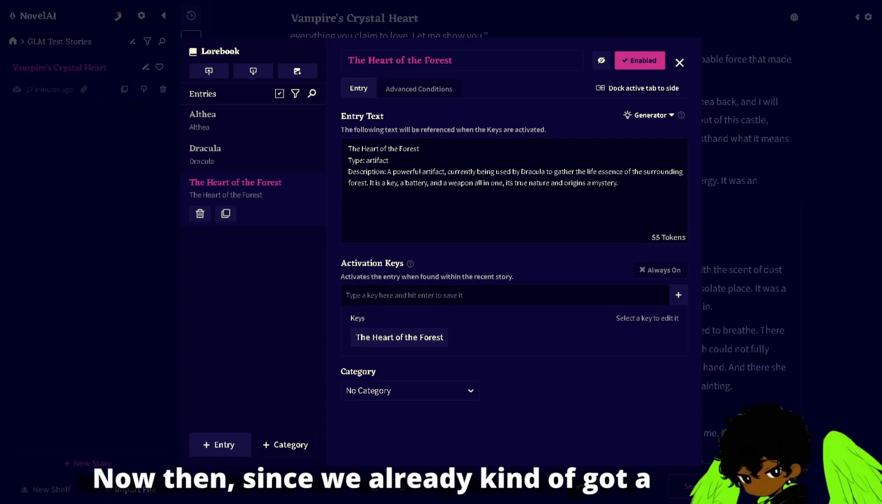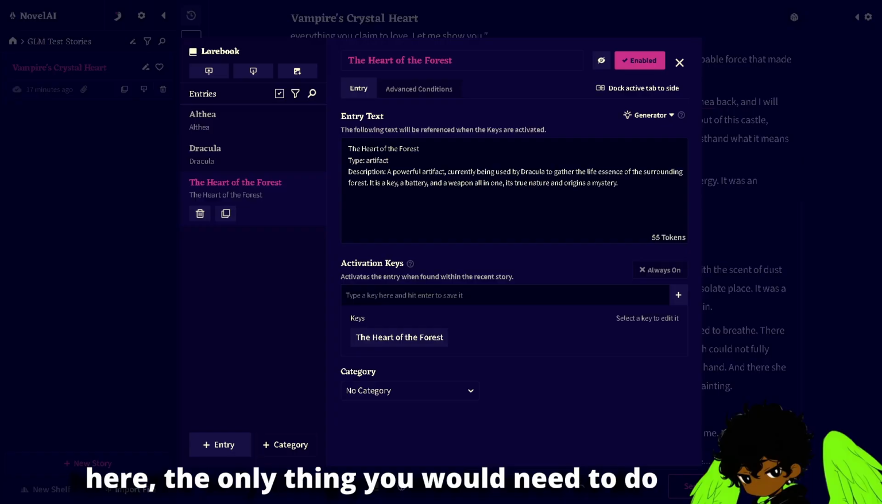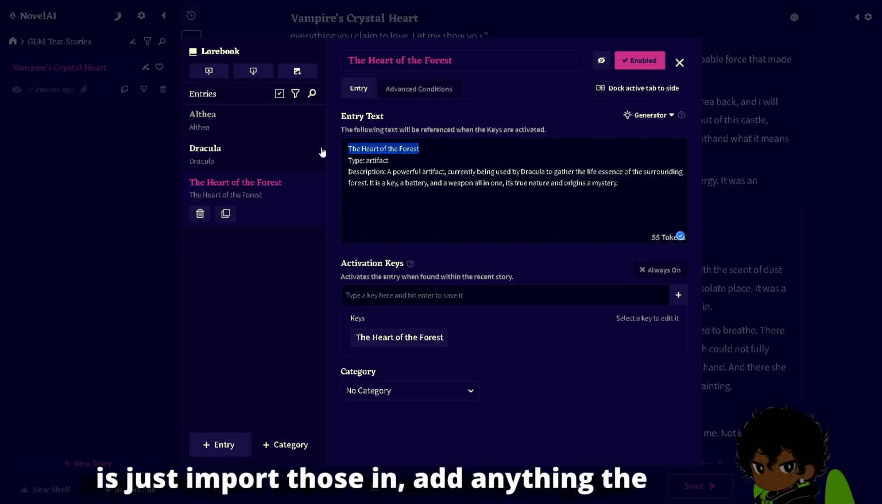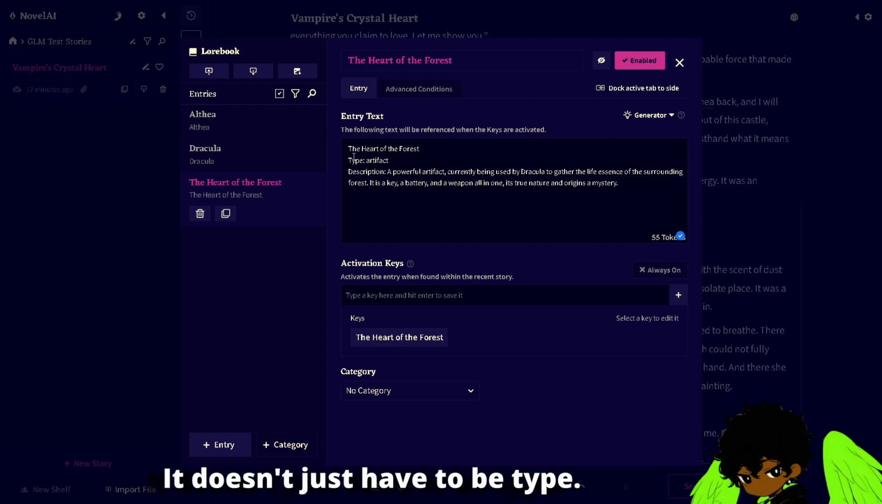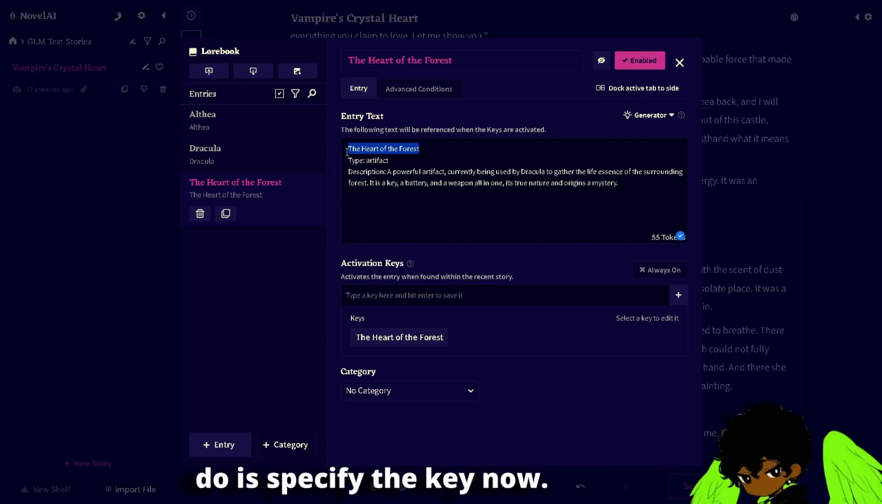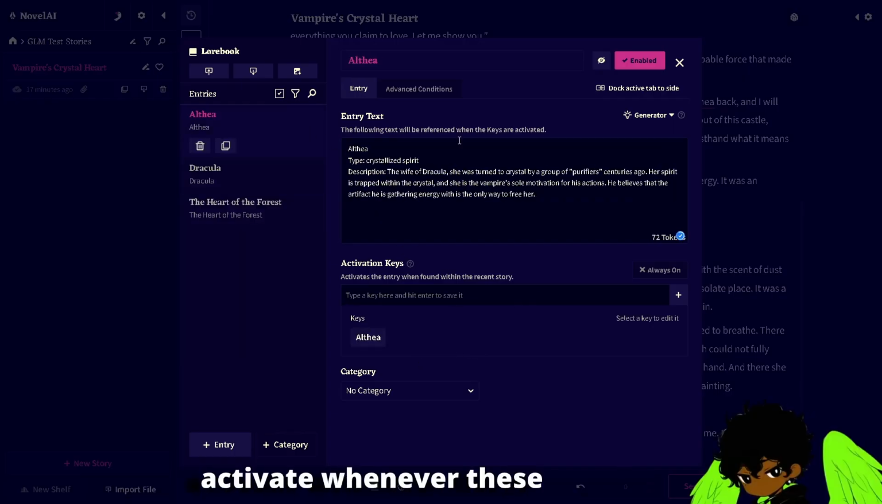Now then, since we already have a nice formatted form that we can use here, the only thing you would need to do is import those in and add anything extra that you want, any classifications, right? It doesn't just have to be type. This can be, well, I was going to say artifact, but it already says that. All you need to do is specify the key now. So you just move that down here and put in the name so that it will activate